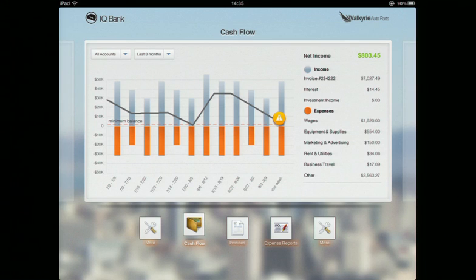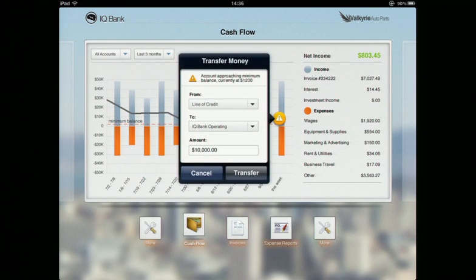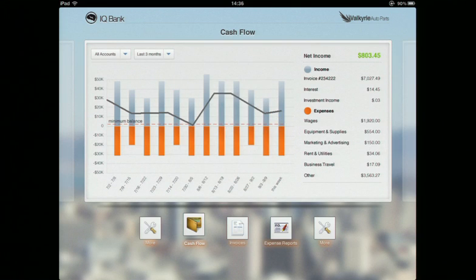But Eric, can you correct that situation? I can. If I just tap on this icon, it asks me about transferring money. It defaults to my line of credit. That makes sense. I'm running a little low on cash. And it defaulted the amount based on some things that I set up inside the parameters. So I go ahead and transfer. And with that, the graph has changed. It looks like I'm in a much better position, and I think I'm going to sleep better tonight. No worrying about where my accountant is at. And wow, that was super simple.